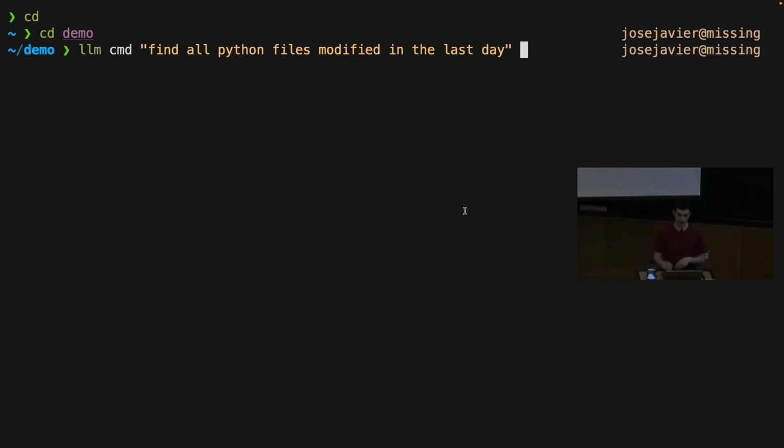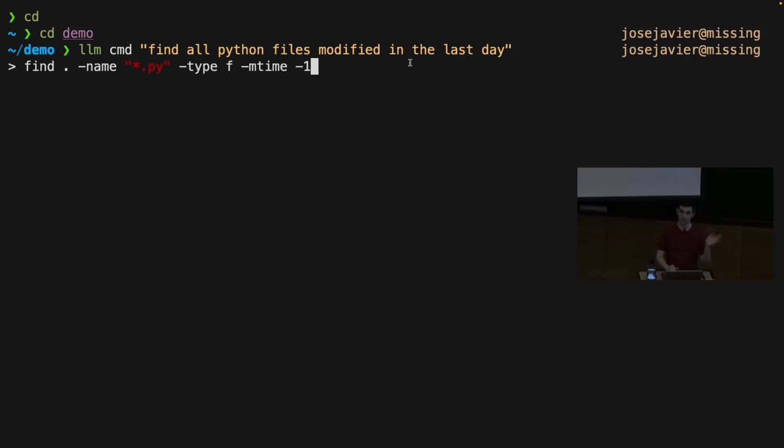It's linked in the lecture notes, and here we're pretty much saying, okay, I want a command that just finds all the Python files that were modified in the last day. I know there is some syntax with the find program that will achieve this, but as we were seeing with John yesterday, sometimes it's hard to get all the right flags for find. And this will ask an LLM that will have a really hard time not to give us the right answer,